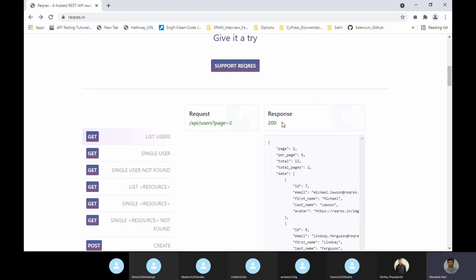A query parameter will be passed with a question mark. After the question mark, the query parameter will be given. But if it is a path parameter, I think it will be given with a slash only, at the end, as slash id equal to 7. Id equal to 7 with the slash itself, not with the question mark. We will see in Postman how to understand whether it is a query parameter or a path parameter.